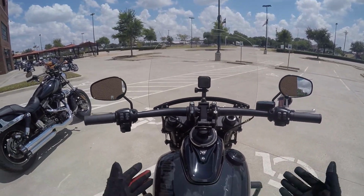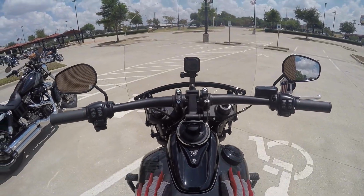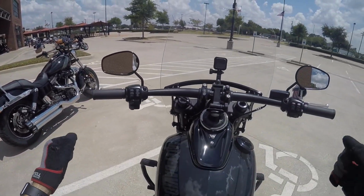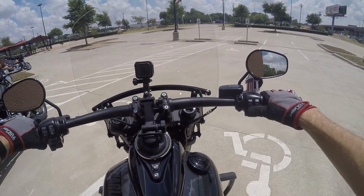At least that's what this bike is meant to be. You don't need that big of a tank. So with that said, I said that was a cruiser, absolute cruiser. It's meant to be comfortable. You're stretched out. This is supposed to be the new performance line, and let's see how much of a performance